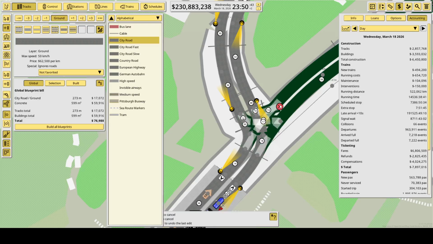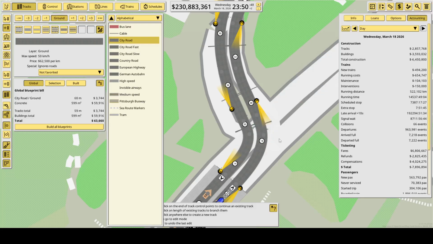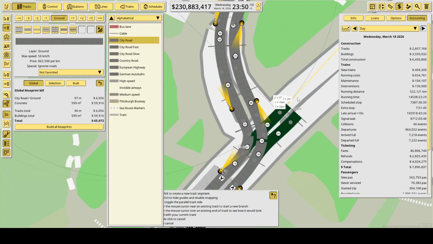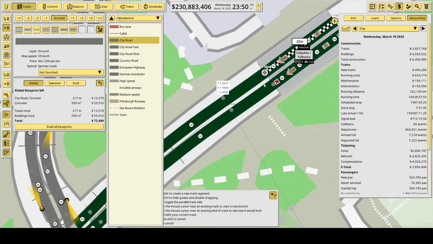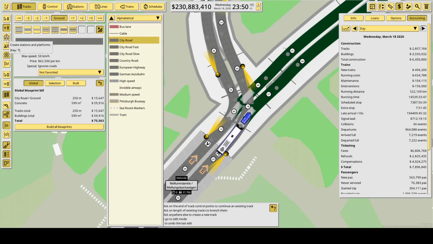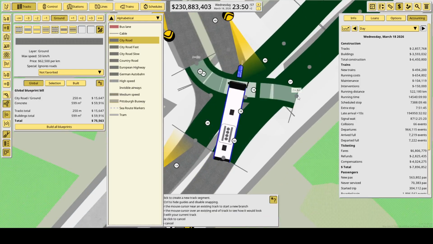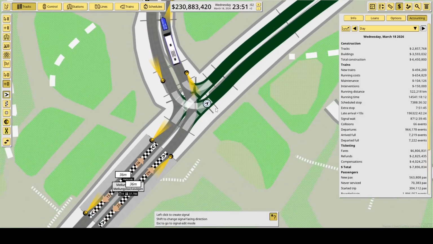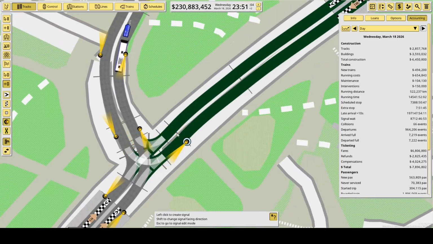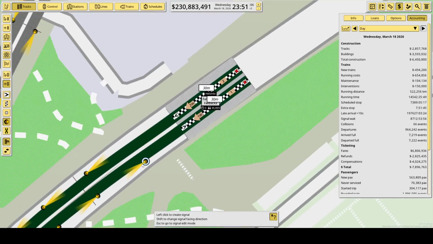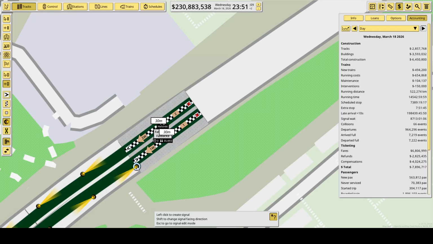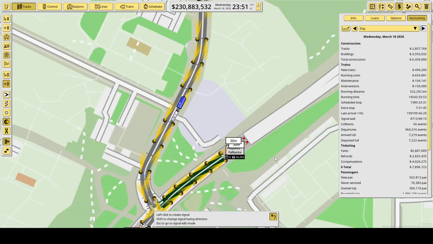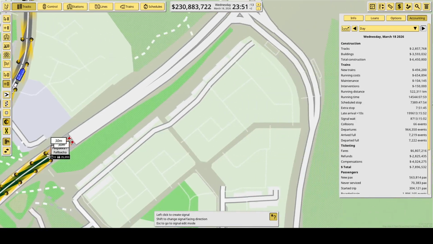And then add a turn into, okay, come on, what the hell? So I need to do a shorter one there. Now it should work better. Yes, there we go. And let's first add some signals here. There we go. After Fallbacka, we will then take a stop at, let's see,